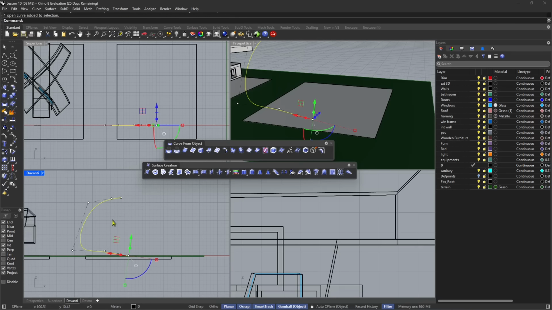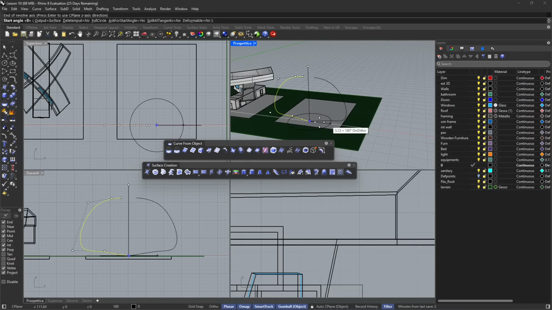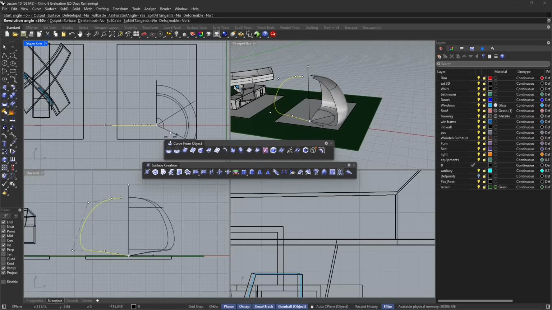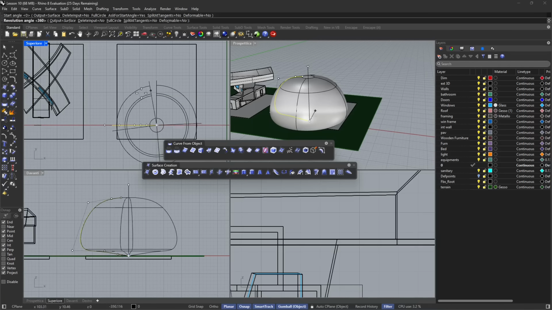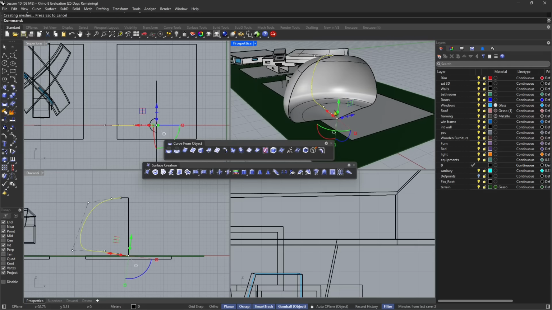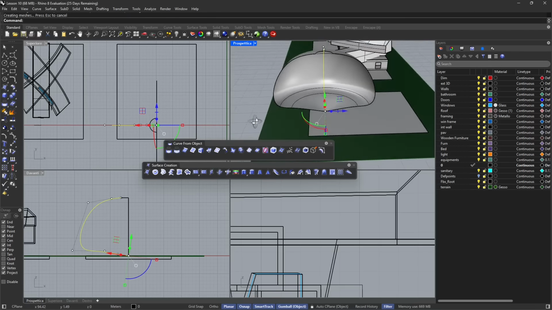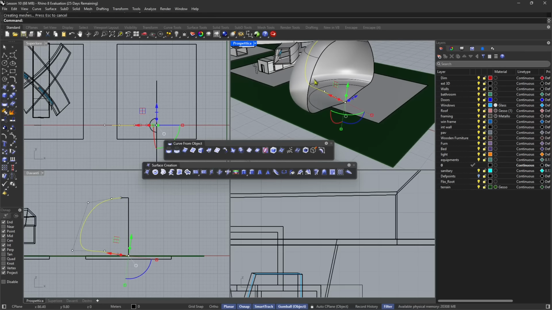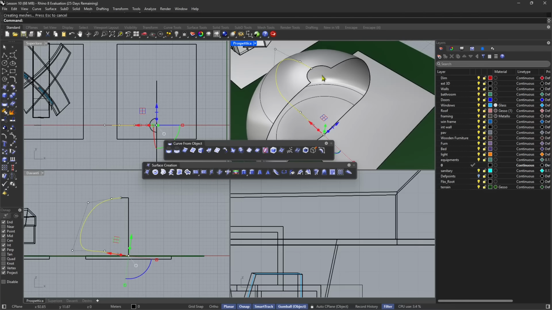So let's assume this is the profile and let's run the Revolve. So Revolve, and the axis is going to be from here straight up to here. Okay, now it's asking you to define the start and the end angle. So we can start from here and end there, creating a complete rounded shape, or we can stop before and make it like 180 degrees like this. So you can see that it created this shape, which is pretty organic,